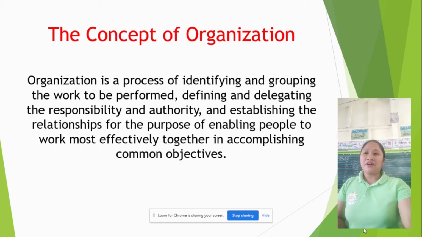My topic is all about the concept of organization and the basic components of organization. The concept of organization is a process of identifying and grouping the work to be performed, defining and delegating the responsibility and authority, and establishing the relationship for the purpose of enabling people to work most effectively together in accomplishing